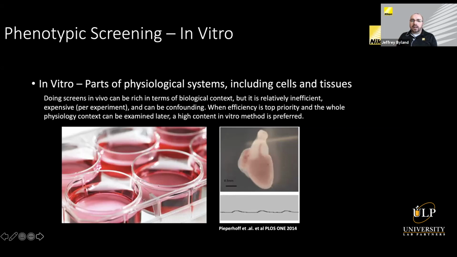And so when it's time to really ramp up your screening program and do image-based screening, then usually, because it saves money and time, and creates a more efficient scenario, then we'll use cells in a dish. So if we go to the next slide,